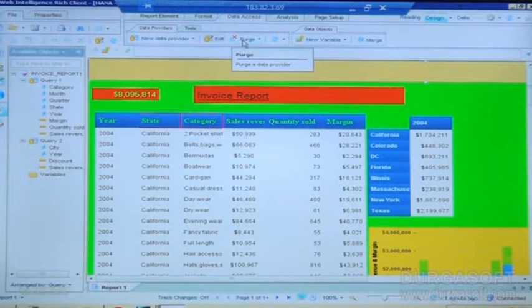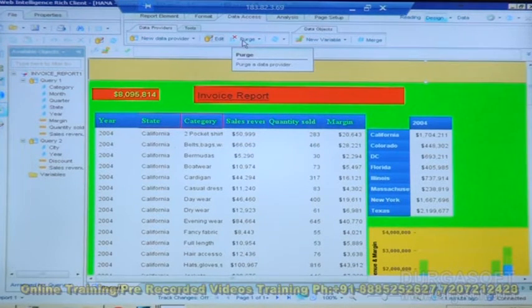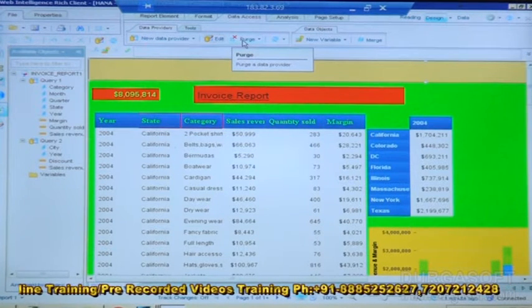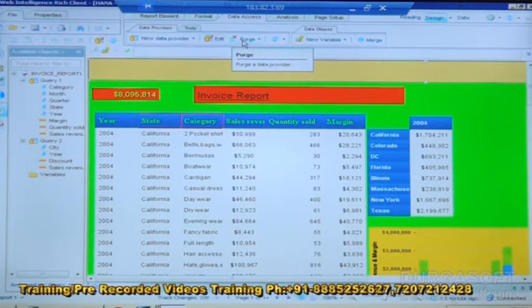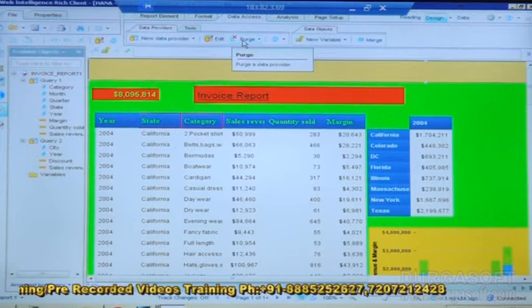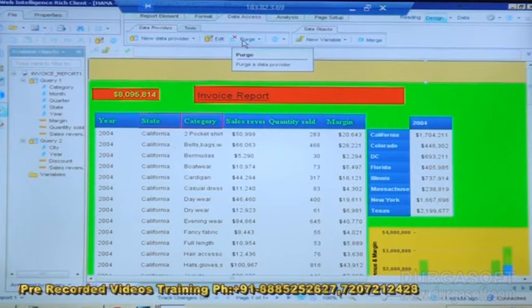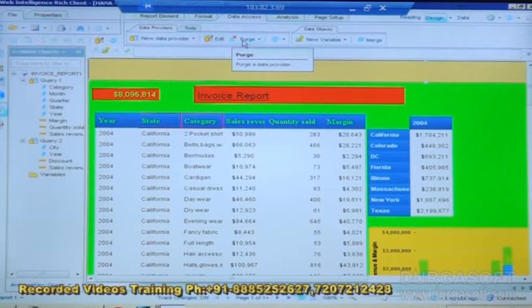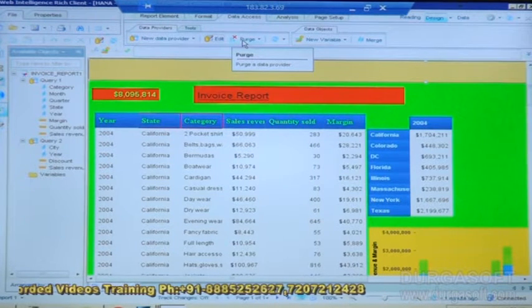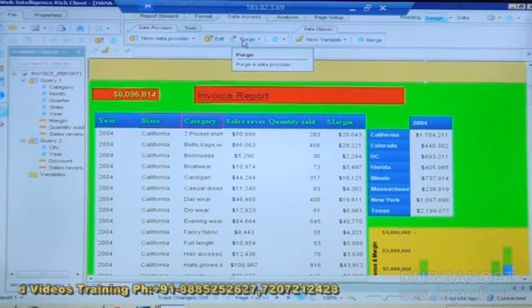And purge, as we know from the previous videos, purge is nothing but deleting, if you want to delete any data permanently in the reporting environment. So the deletion of this data is only at the report level but not at the DB level. But if I need the data once again, just go for the edit and refresh, and we get the data. Until we make a refresh, the records will not be displayed on the panel.